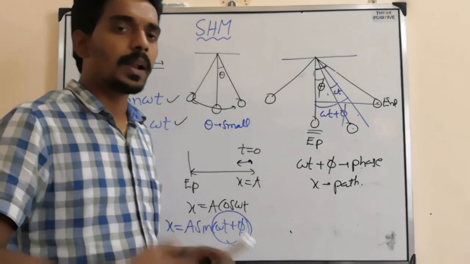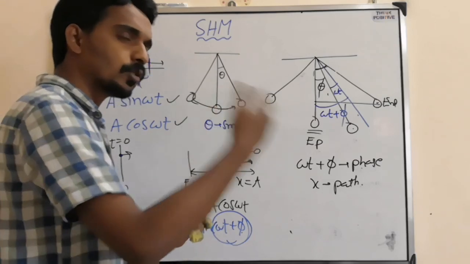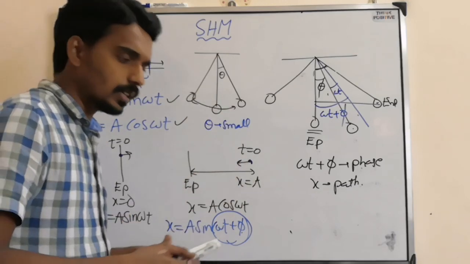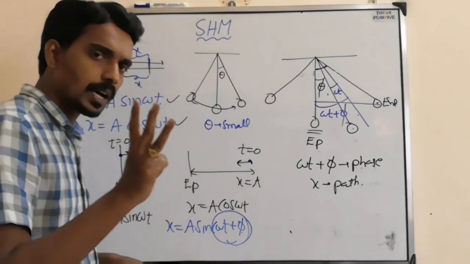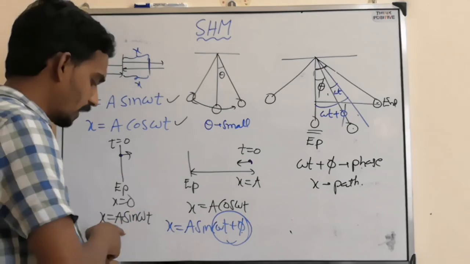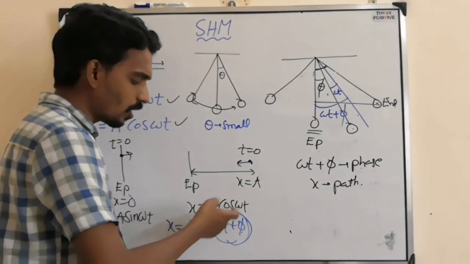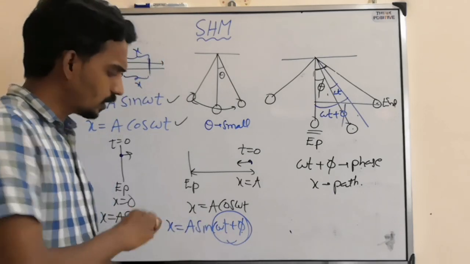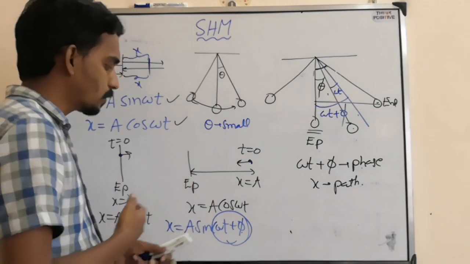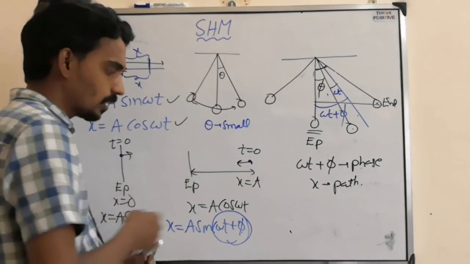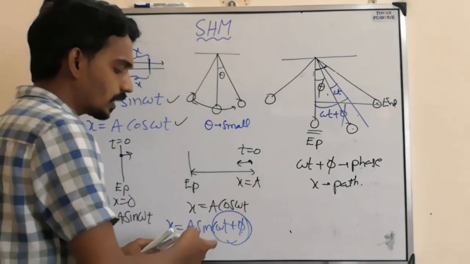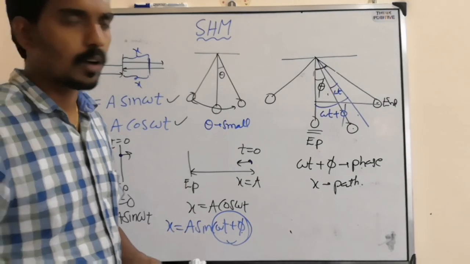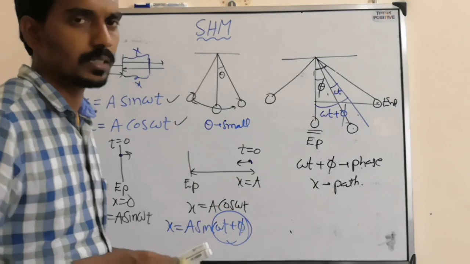They oscillate, they fluctuate such that maximum to minimum, minimum to maximum, like that. But in all the possible cases, in case of entrance exams, there are 3 types of equations for SHM. One is a sin omega t, another is a cos omega t, and another is a sin(omega t plus pi). So these are the 3 equations as I explained: starting from equilibrium position, starting from end position, starting from one random position. So let's see how the questions will come based on these equations.